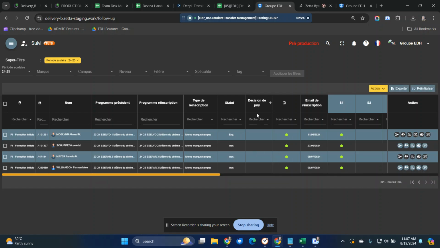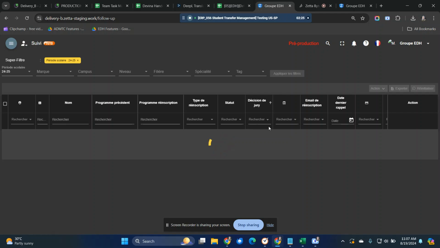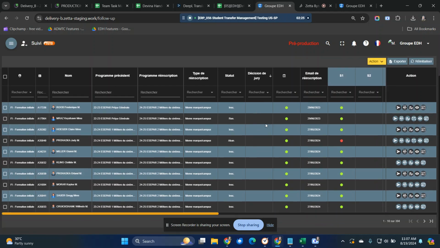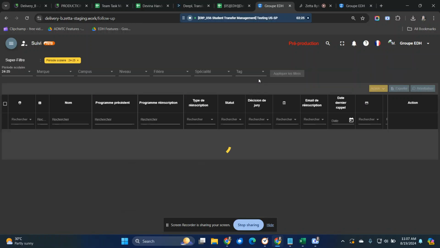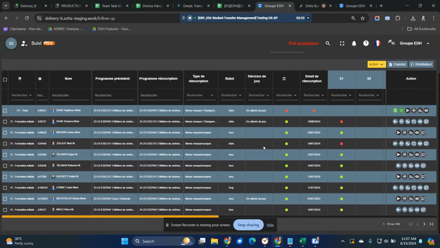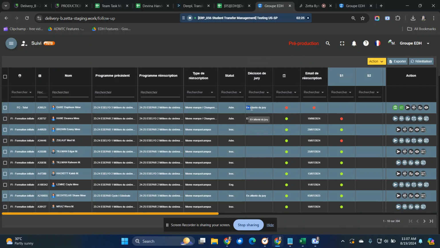Also here. Okay, when I check, there is no "waiting for jury". Okay, try again. When I click again, is the "waiting for jury" decision option not displayed here? I click again, it goes back to the default result, and there is the data and the jury.